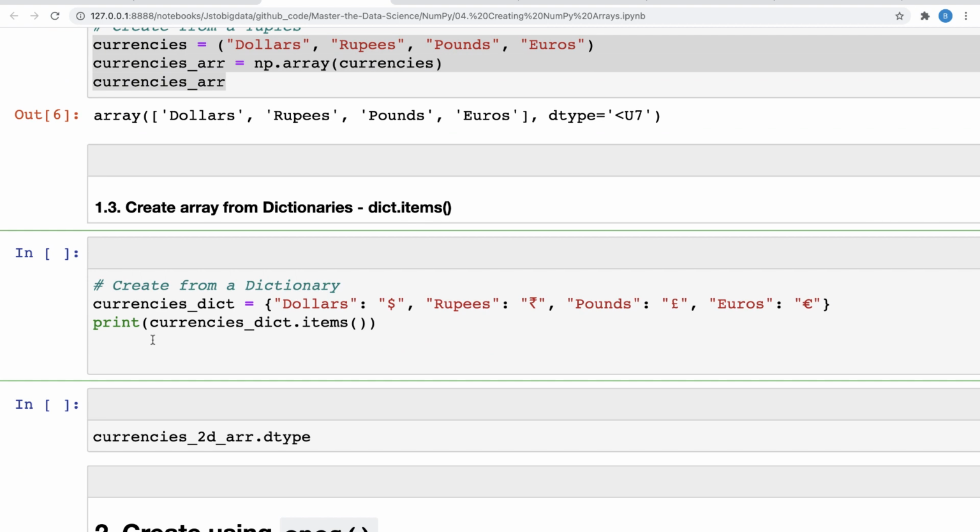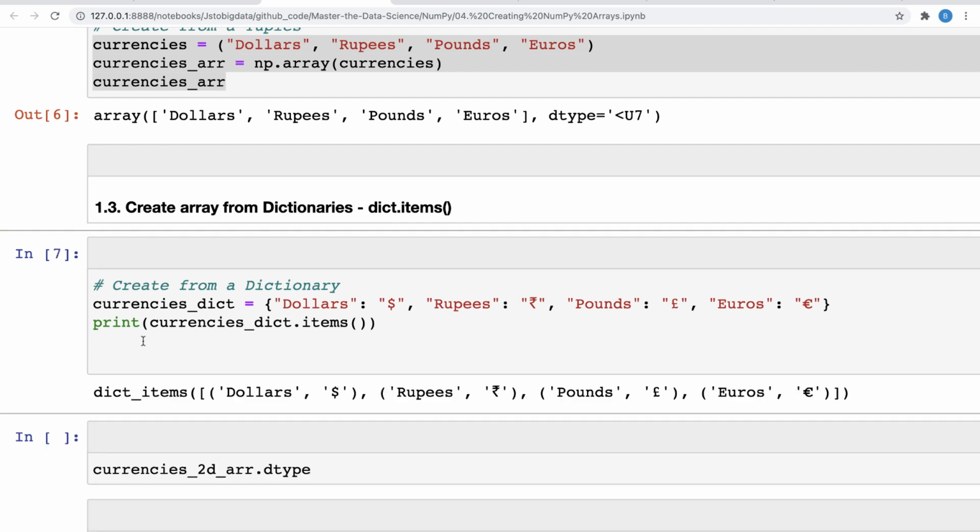And if you want to convert a dictionary into a numpy array, then this is a little bit tricky, but not that difficult. So let me just print this, so you can see that this is a dictionary, right? And what I will do is, I'll just create a two-dimensional array. So let's say 2D array.